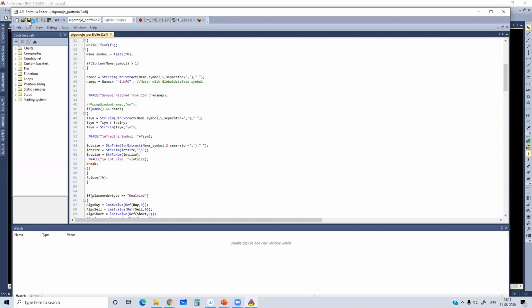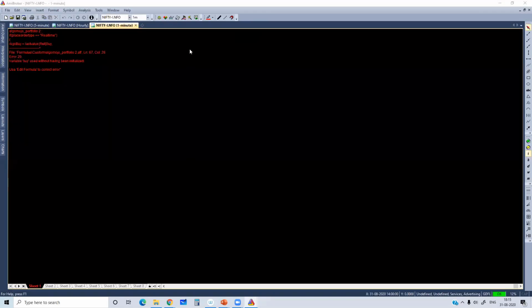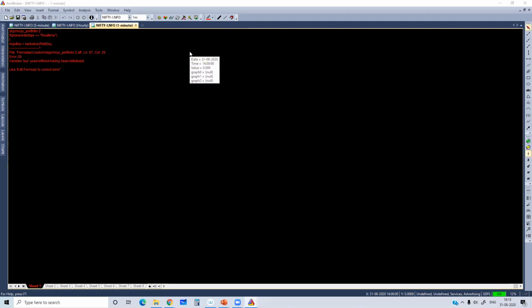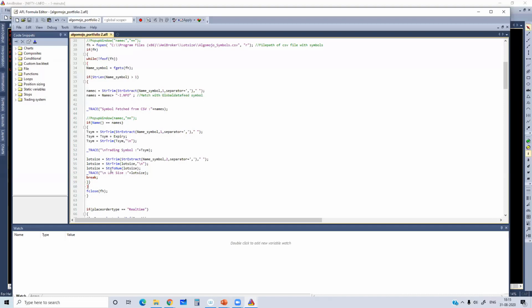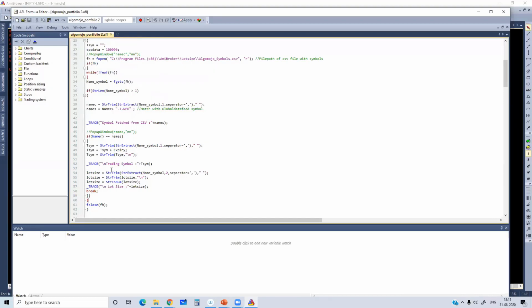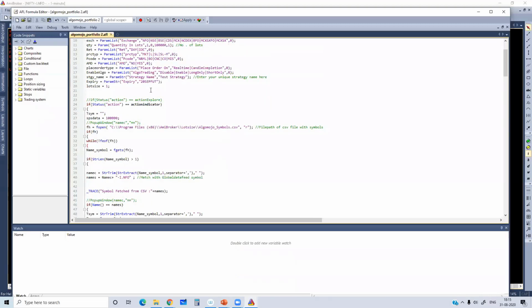I'll save it. What is the issue with the code? Did I miss any values? Here, lot size, we'll make it 0 by default.